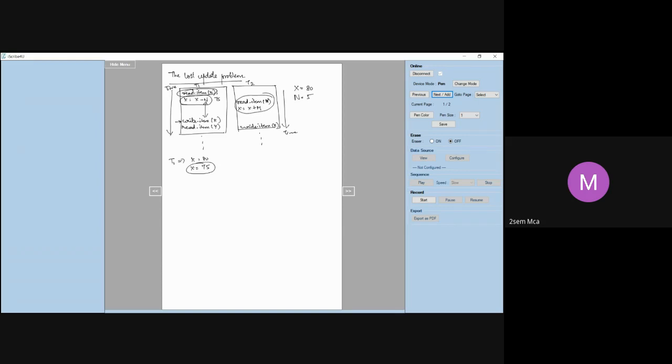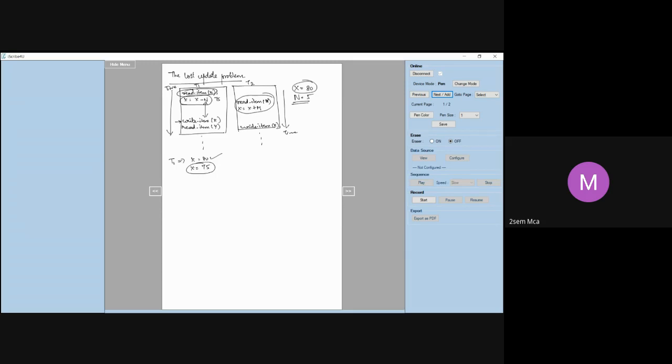What will happen now? See, listen here. I said first T1 starts with the execution, correct? At that time X is 80, so it will read the value of 80. Then T1 does some kind of update wherein X is equal to X minus N. Let us say you are trying to book 5 tickets. N is 5, and X is the number of seats available in that flight.